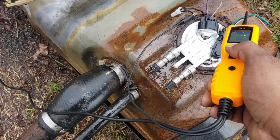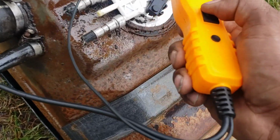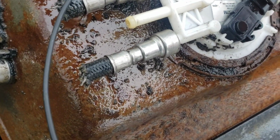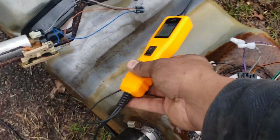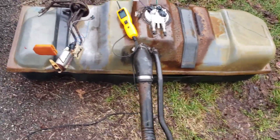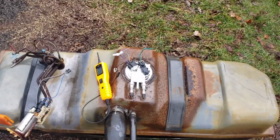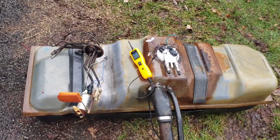I'm not sure what this orange one. It says nothing. Nothing. If I do this, you can hear the pump come on. With this little dude right here, man, hot battery, hit the button. It's a continuity tester, all that good stuff. I'm gonna have to do some research, some wiring diagram searching on what that orange wire does and what this other plug does. I'm gonna go ahead and do some looking on that,